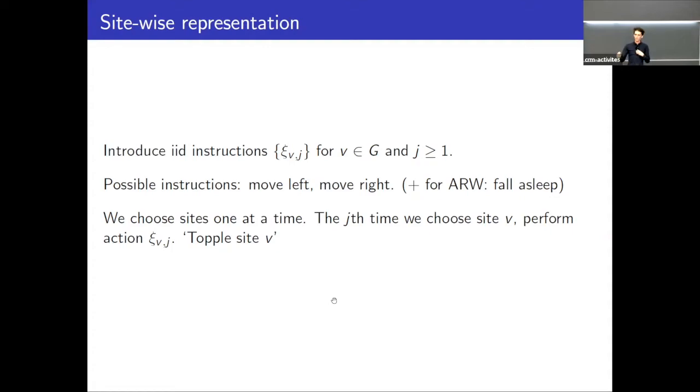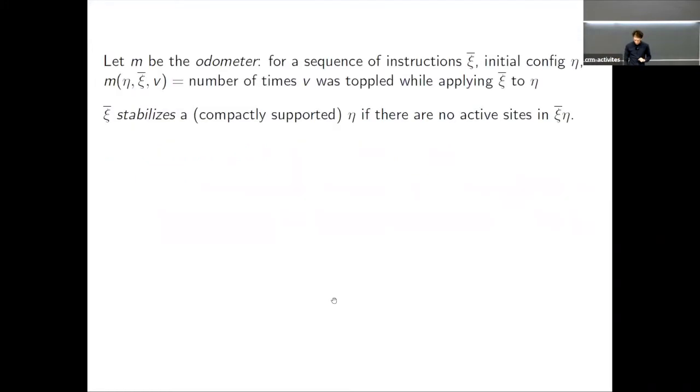And the way I'm going to evolve the system is I'm just going to pick a site one at a time where there is a particle, and ask the particle to follow the instruction, the next unused instruction at that site. So it's like this field of particles is just following some instructions, some random environment of instructions. And the reason this is useful is the